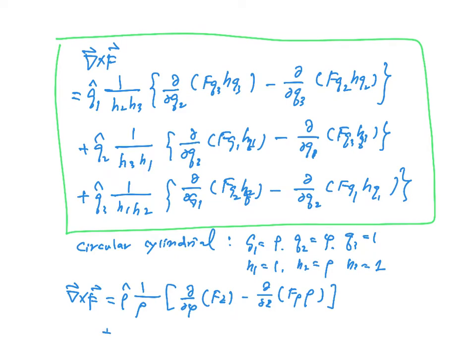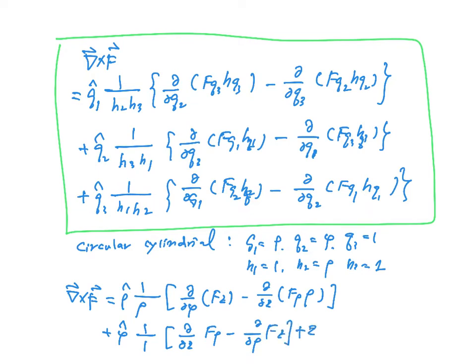Plus phi is 2, so 3, 1. 3 is 1, H3 is 1, H1 is 1. So this is 1. Partial z, partial F rho, partial rho, partial Fz,